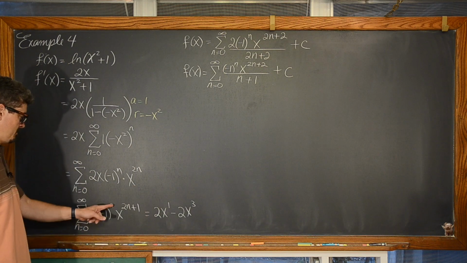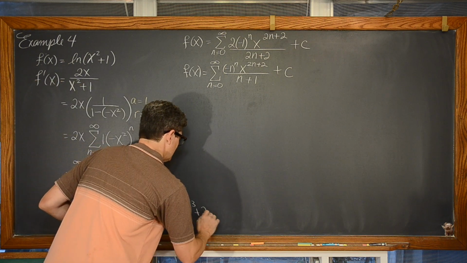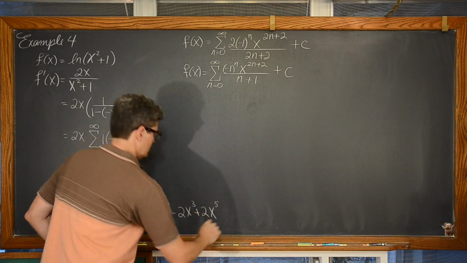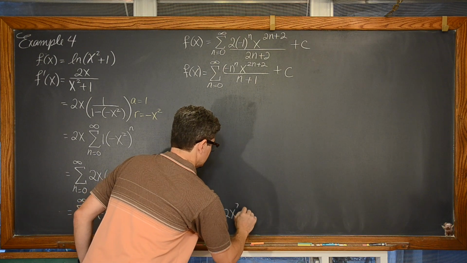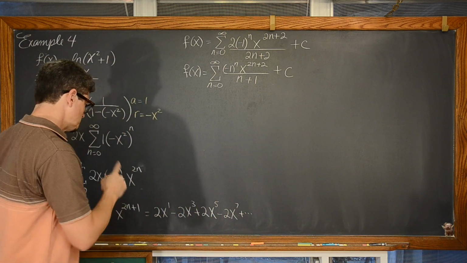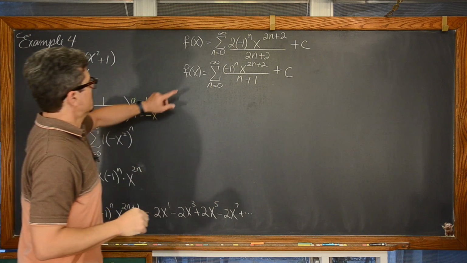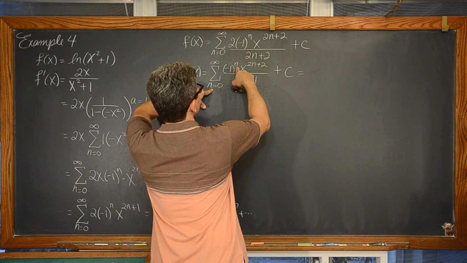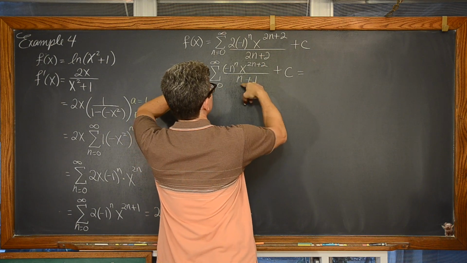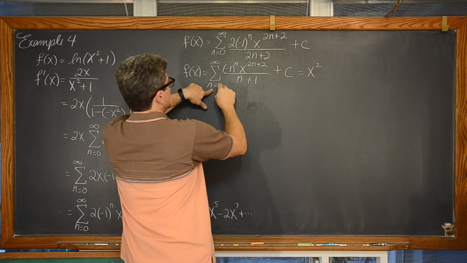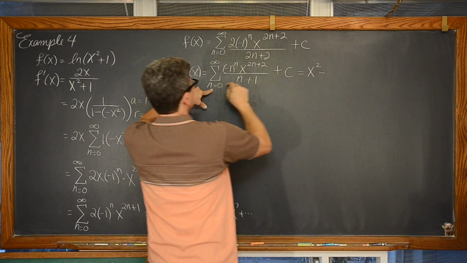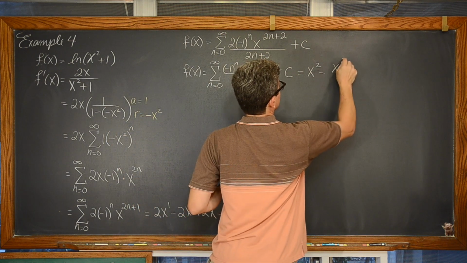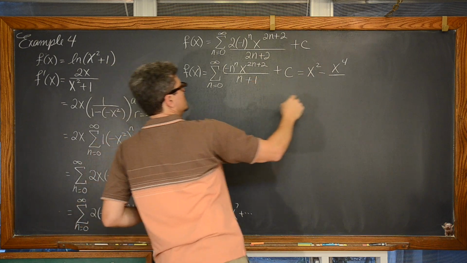If we let n equal 2, that's going to be positive. We have a plus 2, x to the 2 times 2 is 4, plus 1 is 5. And then minus 2, x to the 7th, and then so on and so on. Here we have n equals 0, that's going to be positive. So we have x squared over 1. We have n equals 1, that's going to be negative now. And that's going to be 2 plus 2 is 4. 1 plus 1 is 2.